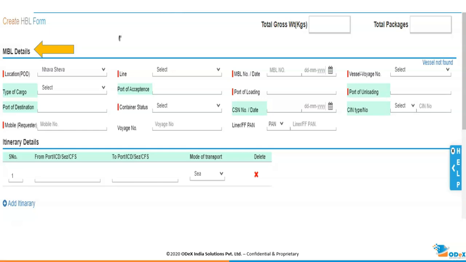Here, for the presentation purpose, the screen is divided into three parts. We will first look at the MBL details, that is, providing information about your MBL by selecting the liner, mentioning your MBL number, MBL date, selecting your vessel voyage number, entering the type of cargo, entering the port of acceptance, port of loading, port of unloading and your port of destination. Select the container status as FCL or LCL, enter the details which are mandatory,